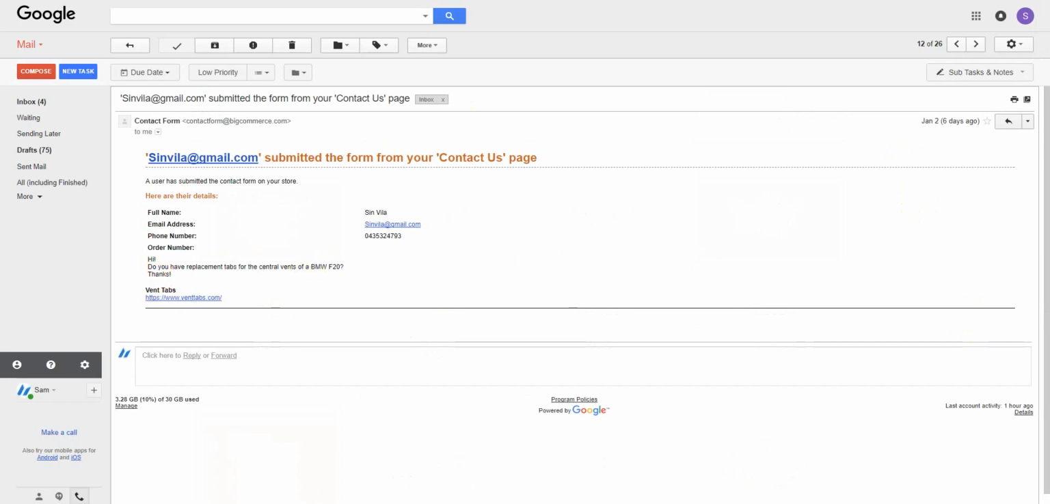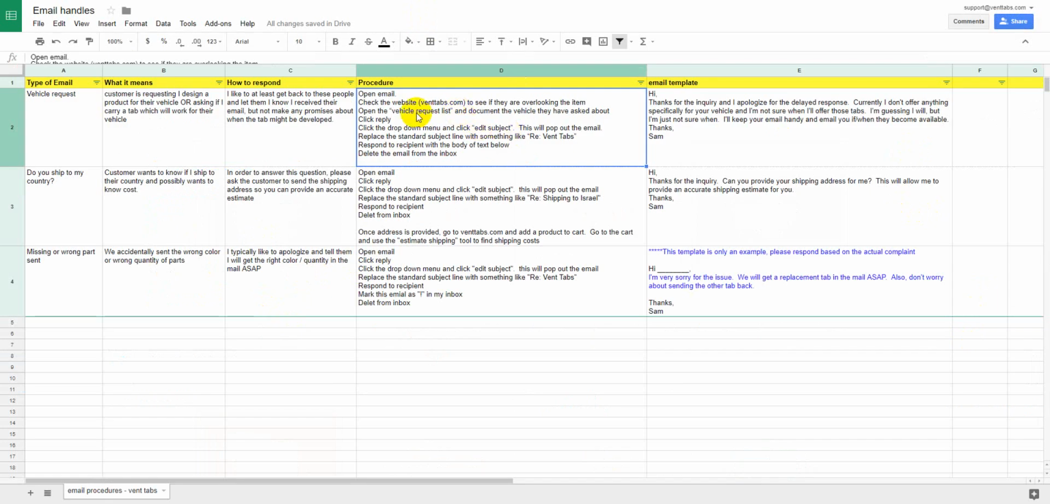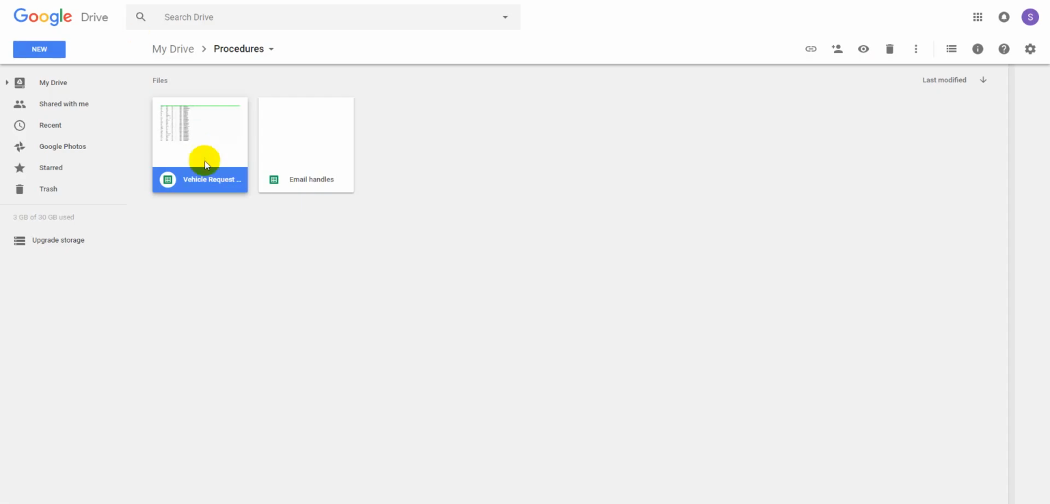So the next step, if you don't find anything on the website, is open the vehicle request list. This is another document that's in the Google Drive, and I like to keep track of all the vehicles that have been submitted, so that way I have a feel for what vehicle might have an issue and I might need to develop a tab for. So if you go to this in Google Drive, there's a spreadsheet called vehicle request list. If you open that up